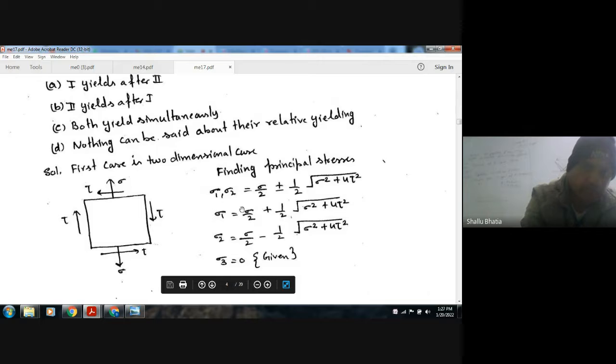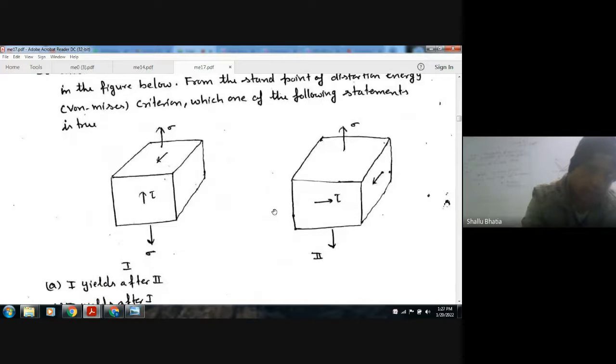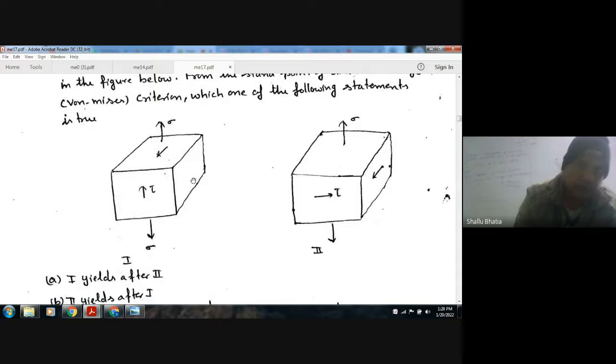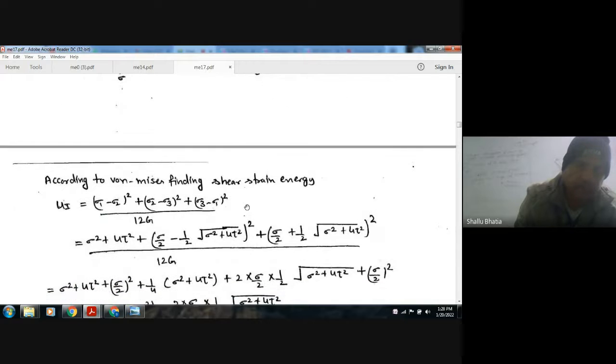Principal stress is given by this. From this we will find the principal stresses along this plane. And in this plane there is no normal or shear stress, or in this direction there is no normal or shear stress. So the principal stress is zero. So sigma 1 is this, sigma 2 is this, sigma 3 is this. Now putting in the equation, we will find out